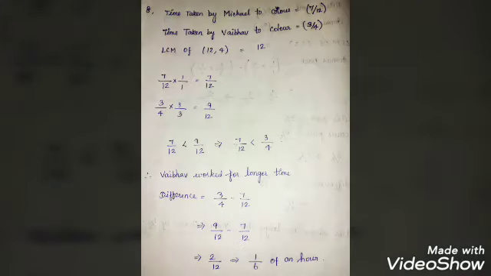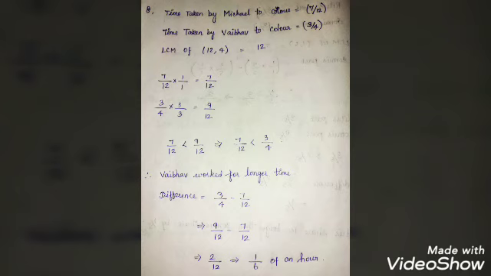Now we can see, time taken by Michael is 7/12. Time taken by Vaibhav is 3/4. So the denominators are different. First take the LCM of 12 and 4. What will we get? 12. Right? So 7/12, already we have 12 here, so 1/1, which is 7/12. Next 3/4. 4 into 3 will give you 12, so 3 into 3, 9. So 7/12 is less than 9/12. What is the original value? 7/12 is 7/12 and 9/12 means 3/4. So clearly we can say that Vaibhav worked a longer time.